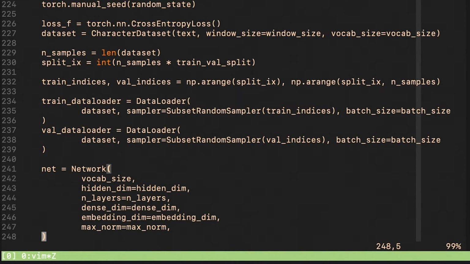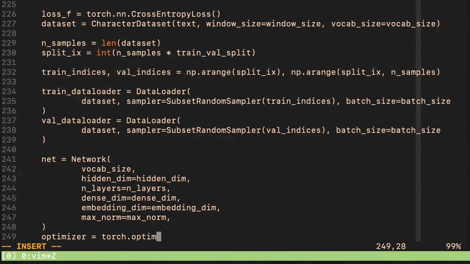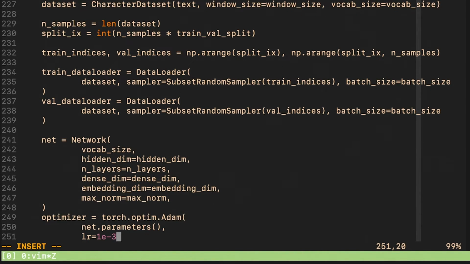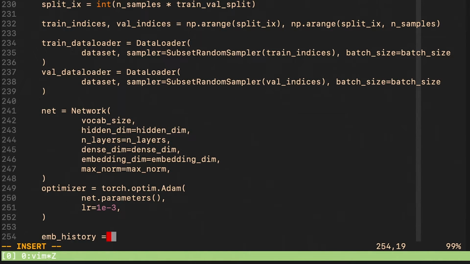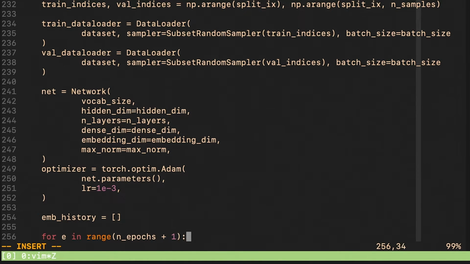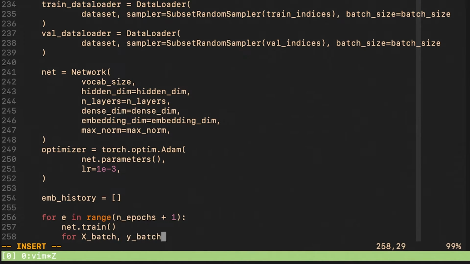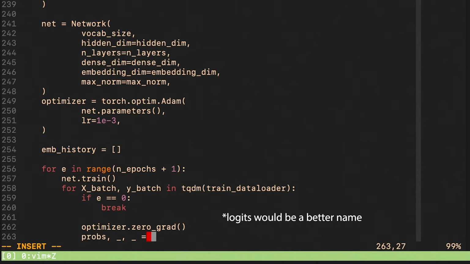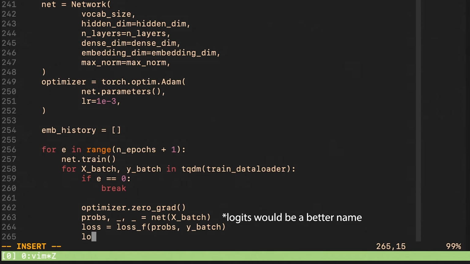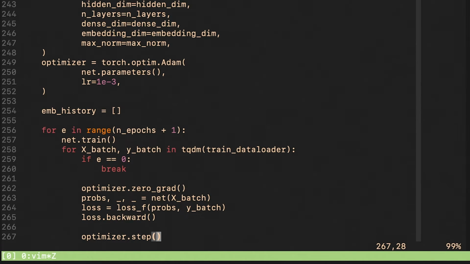We instantiate our network. We instantiate our optimizer. Here we prepared a list that will be used to store the character embeddings after each epoch. Here we implemented the standard torch training loop.